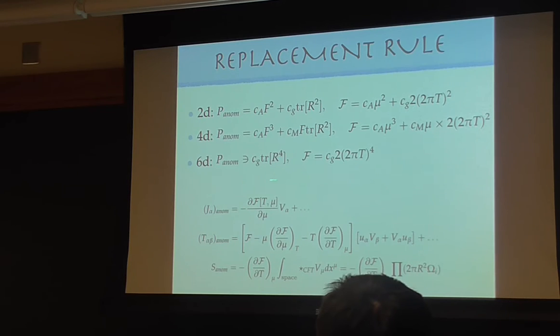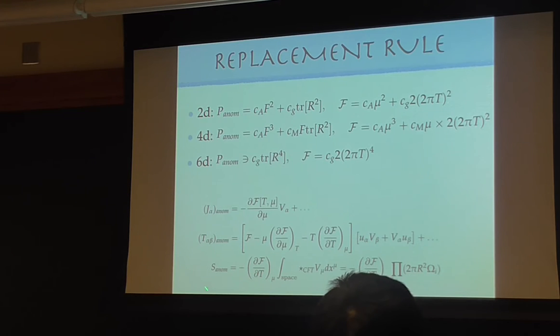I didn't write it because then I would just keep writing. By the way, is it important to have an abelian F? No, no. You could have non-abelian. The story works, you just have a trace over all these things. The replacement rule, you just go to the Cartan and replace the Cartan to compute temperature. So if F is non-abelian, then mu will be some matrix. Mu will be the charge, the Cartan of the group, the chemical potential for that.